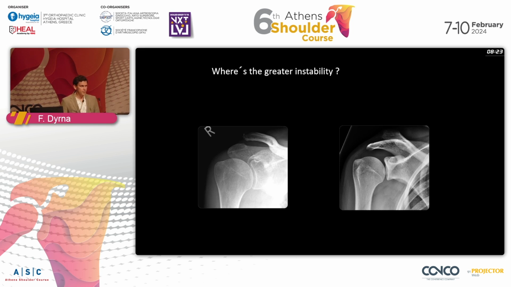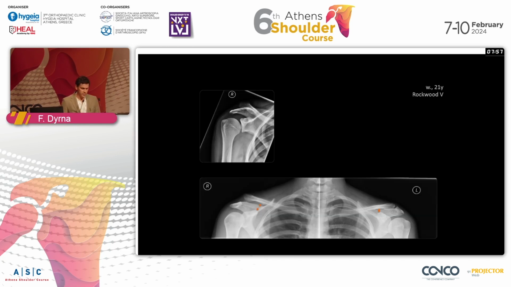But we do have problems when talking about classification systems, and it first starts with how to classify. So this is a standard AP X-ray taken in an emergency department, and this is where it actually starts. When you look at the pictures, can anybody tell which one of those right shoulders has the greater AC joint instability? So obviously it looks like it should be the left one, right? So let's go into this, and this one is